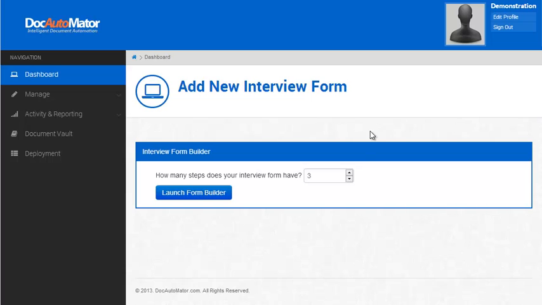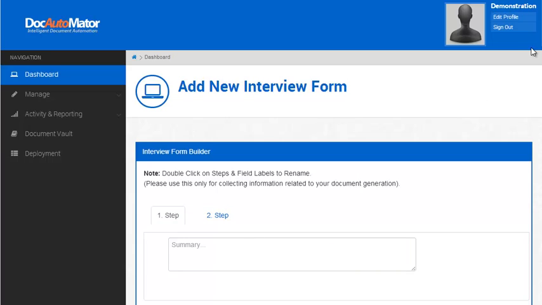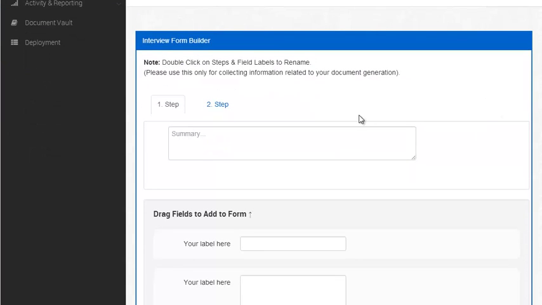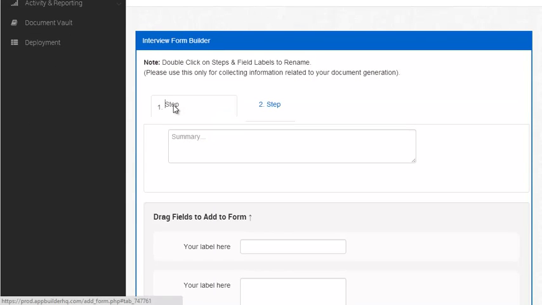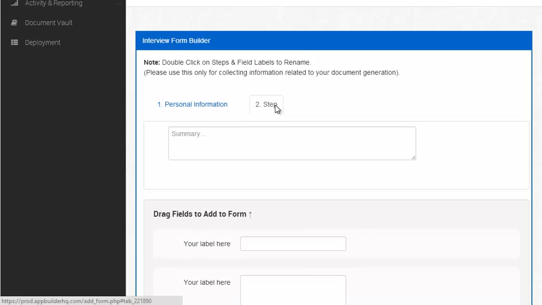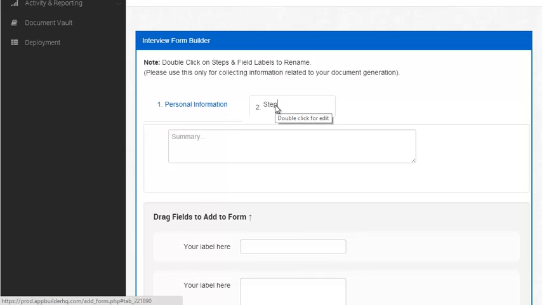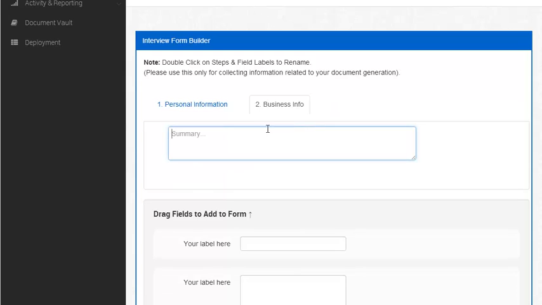So in this case, I'm going to just set it for 2 steps. Okay, and it's important to note that these steps, you can change the name, and you do so by double clicking it. So if I make this personal information, I'm going to go ahead and do the same thing for step 2. Okay, and in the summary, this is a place where you describe what the step is actually for. So this is where you